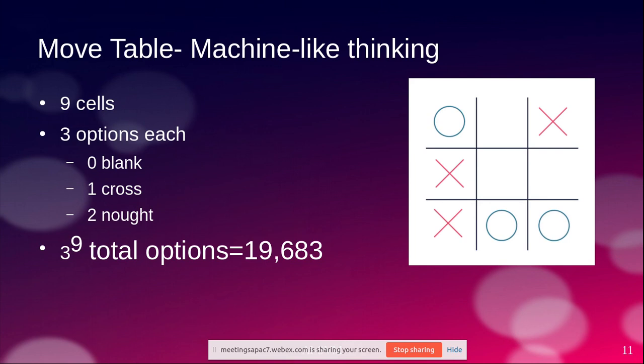When it comes to playing this game, we never keep asking, should I place it here? Should I place it here? Should I place it here? No, we never think. You just look at it, and if you are playing with a knot, you select this and say you are the winner. If you are with a cross, you select the same place and say you are the winner. You don't keep checking all possibilities. Yeah, that's the abstraction we have, but now it's time to kill that abstraction and start thinking in detail.